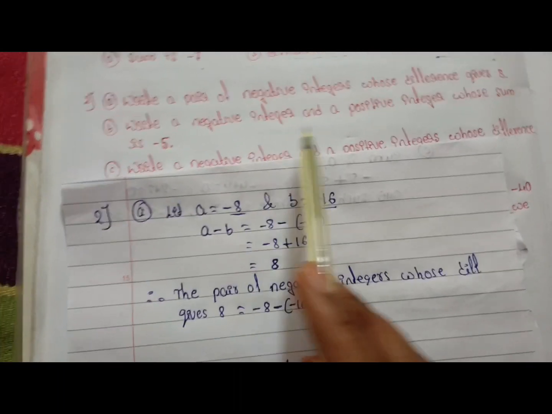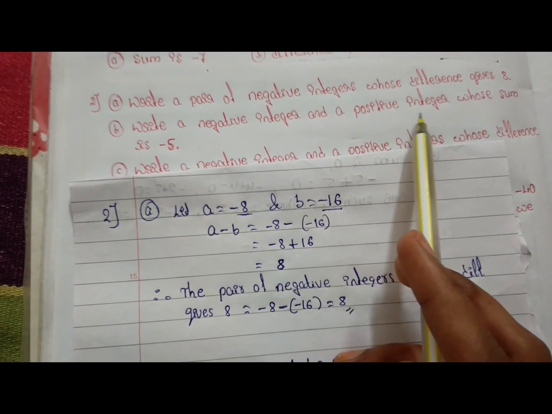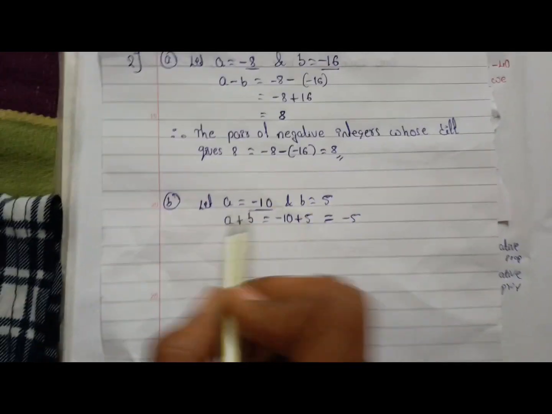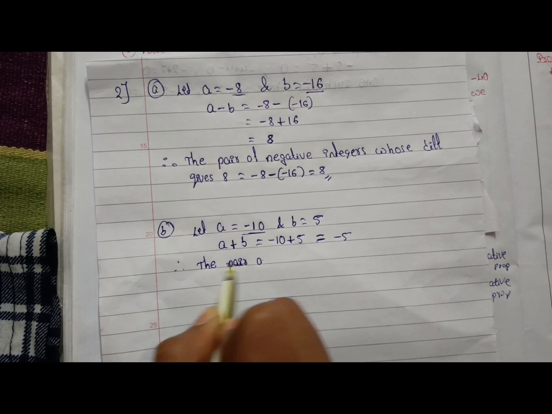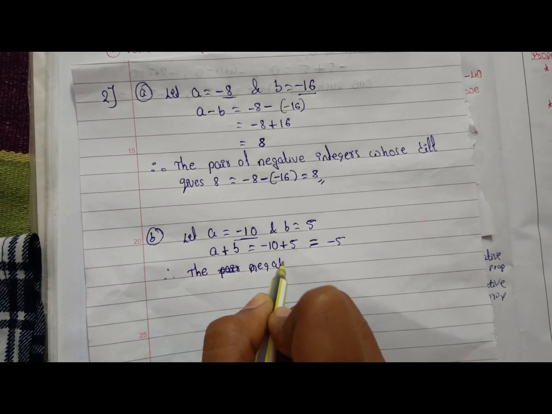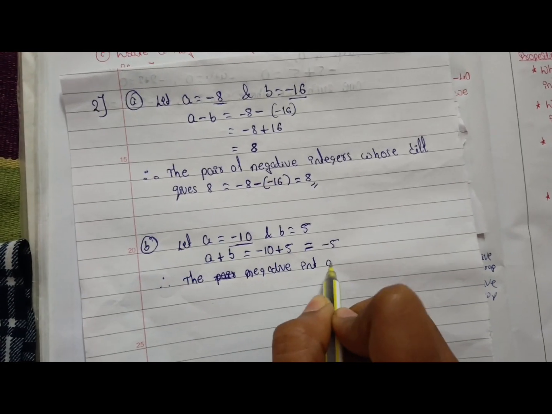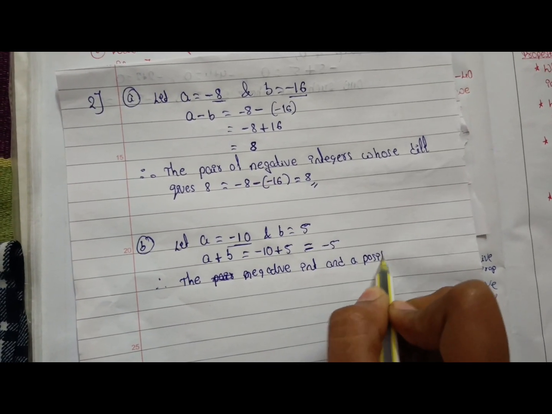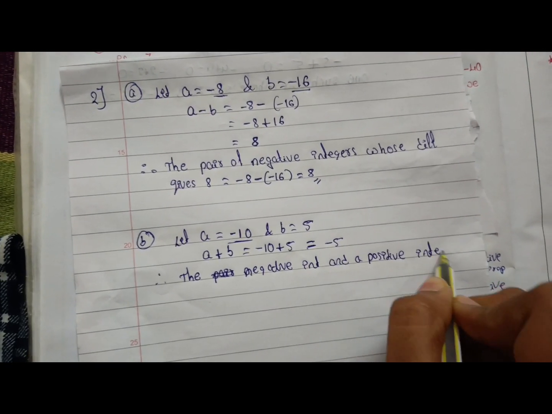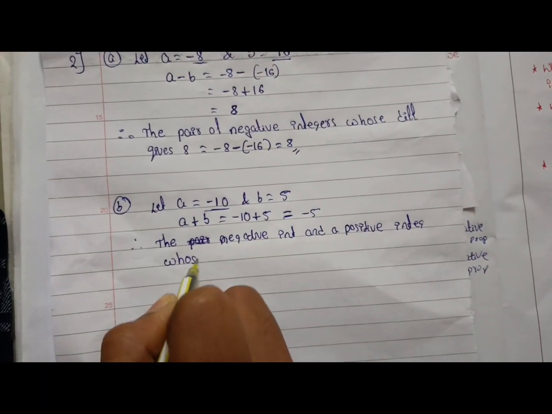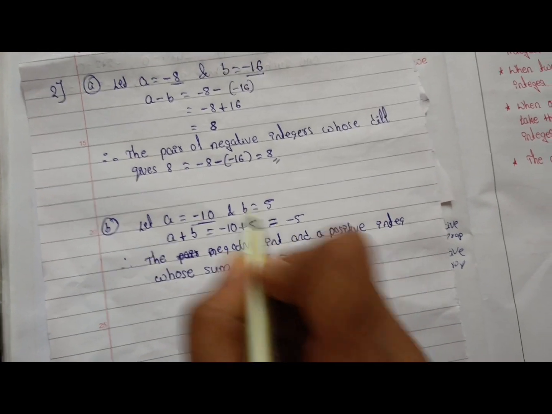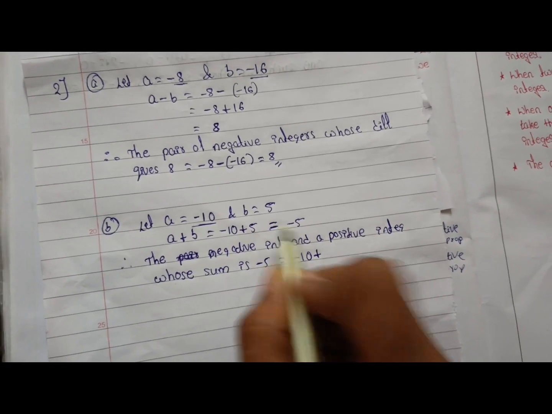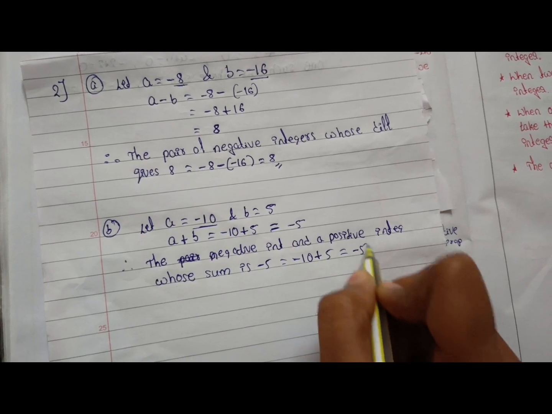So the negative integer and a positive integer whose sum is minus 5 is minus 10 plus 5. Therefore, the negative integer and a positive integer whose sum is -5 is equal to a is equal to -10 and plus b is equal to 5. We got -5. Okay,